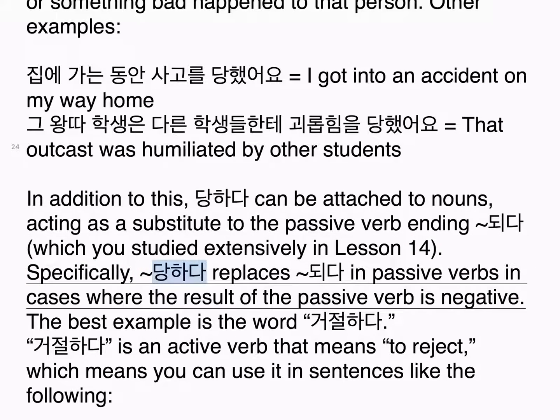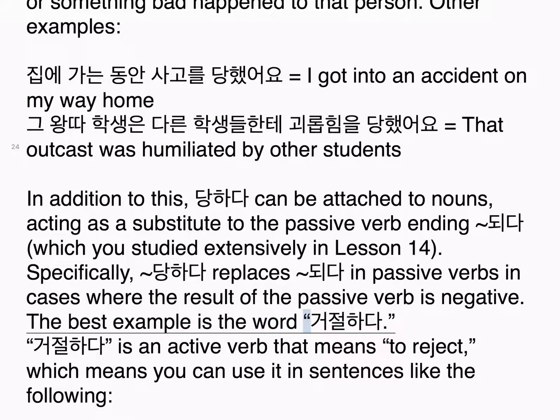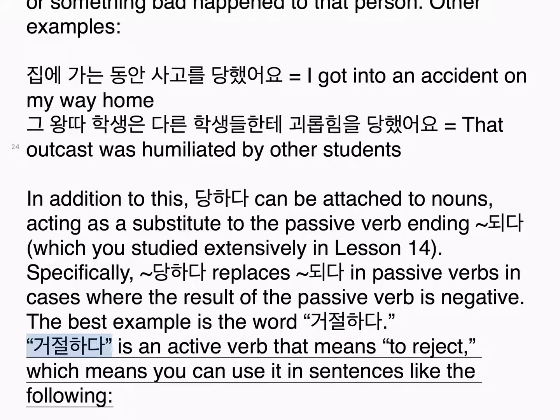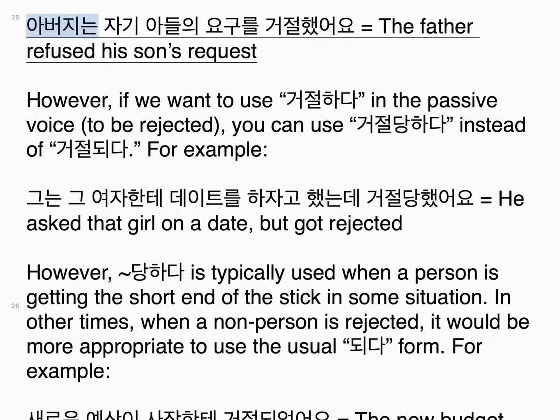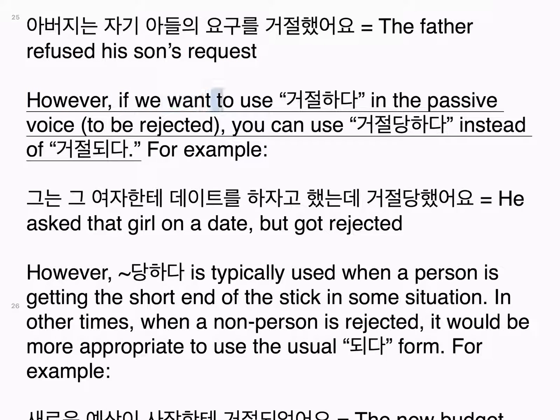Specifically, 당하다 replaces 되다 in passive verbs in cases where the result of the passive verb is negative. The best example is the word 거절하다. 거절하다 is an active verb that means to reject, which means you can use it in sentences like the following. 아버지는 자기 아들의 요구를 거절했어요. The father refused his son's request. However, if we want to use 거절하다 in the passive voice, to be rejected, you can use 거절당하다